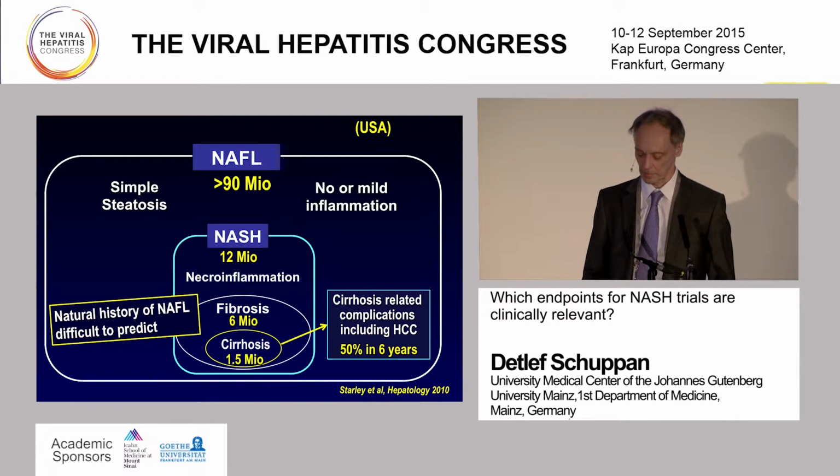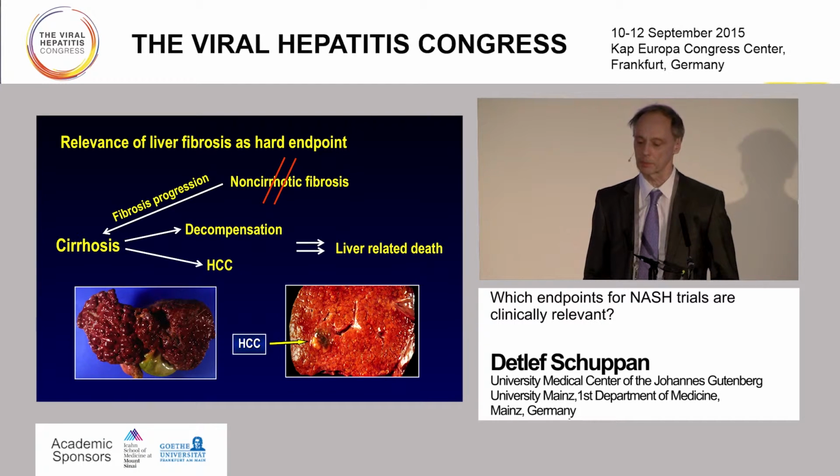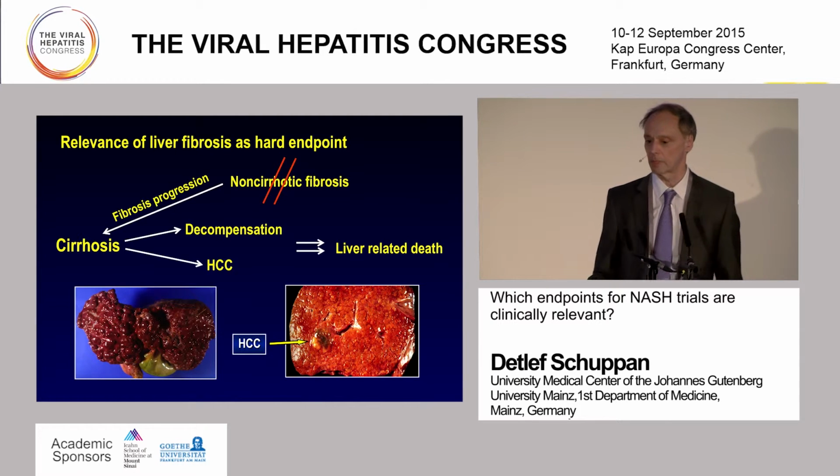So we have already talked about this, the problem of NASH, so I can go over that very quickly. And NASH is tightly associated with the development of hard endpoints. One of the major hard endpoints is cirrhosis. And cirrhosis in NASH incurs a high risk for decompensation and HCC, apparently faster than in hepatitis C cirrhosis. But as we have learned, the natural history of fatty liver is difficult to predict. So what about one major endpoint, which is cirrhosis, which of course is prone to decompensate and to develop into HCC or go to liver transplantation. These are the hard endpoints.